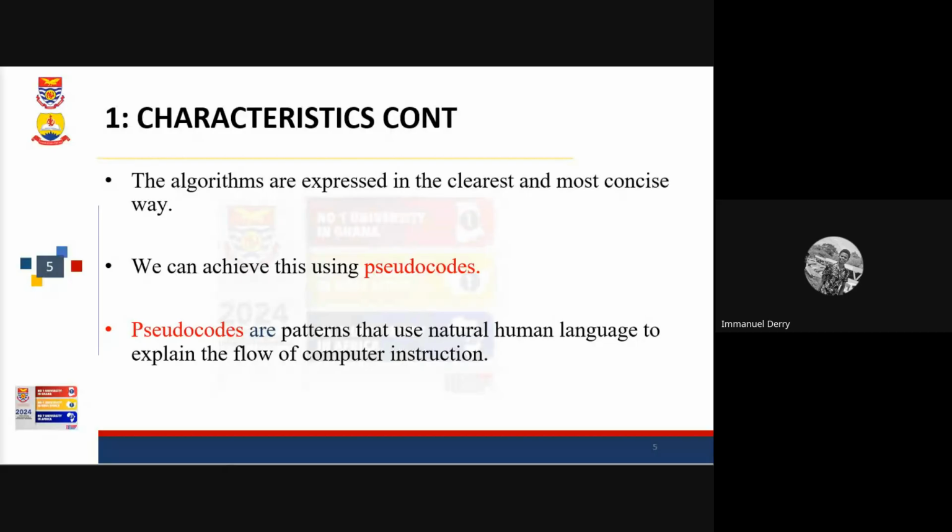And we also said that an algorithm should be expressed in the clearest and most concise way, so that anybody that picks it up can implement it in any other programming language. And for us to be able to achieve this clearness and conciseness in an algorithm, we need to use what we call pseudocode to be able to write them. And pseudocode are basically